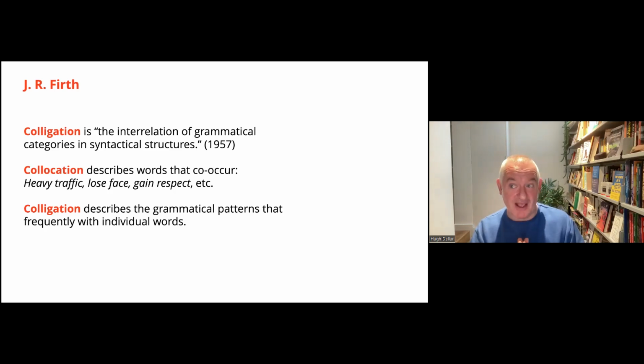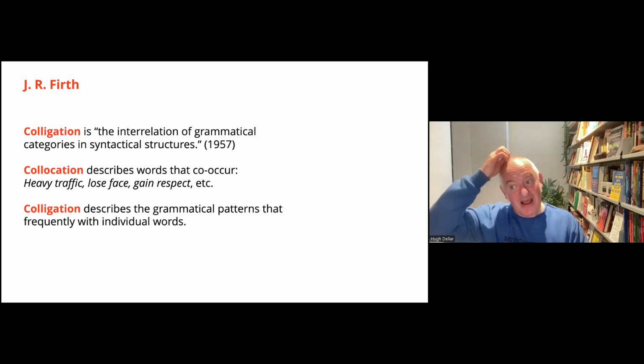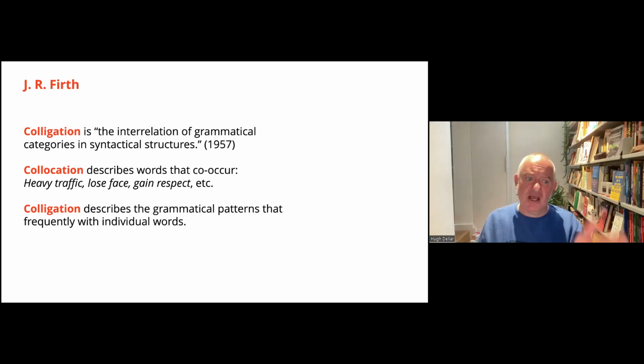I think a better way to think about what colligation is to think about it in relation to maybe the more popular, the more well-known idea of collocation. So collocation, I'm guessing many of you know, is words which co-locate, which co-occur, or as one of my friends said, words that like to get married. And often the collocations will be different from one language to another language.